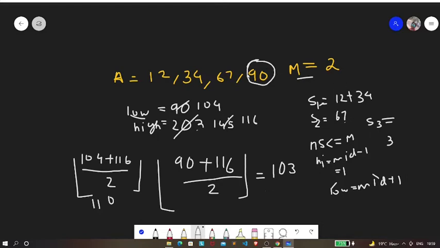Now if we try to add 90 to it, again this sum becomes greater than 110, so we need another student, right, and we need to give this book to that student. Now again over here the number of students required is 3, which is actually greater than 2. Again we need to update this low, so low will be updated to 111.